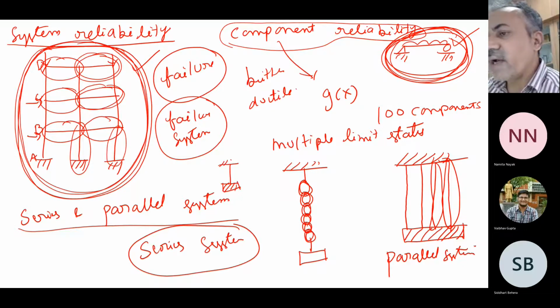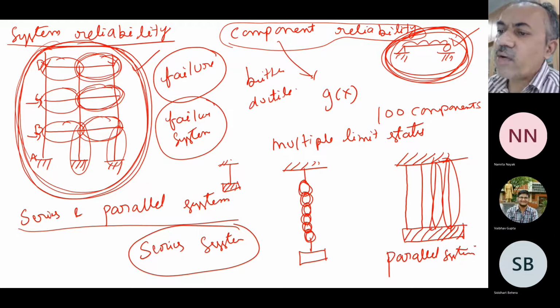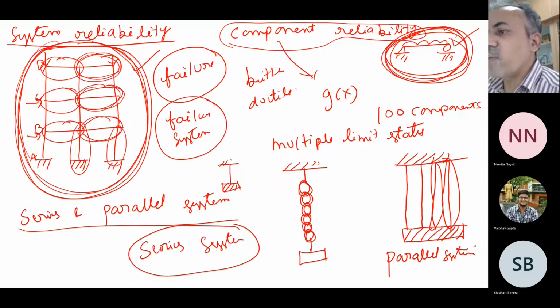So in design, we can have some kind of constraints. Overall reliability will be there, and then the individual element reliability will be there. If I know the reliability of the individual components, of a column or a beam or whatever, how do I calculate the overall probability of failure of a system like this? This becomes very important in our design. So how do we calculate the system reliability?